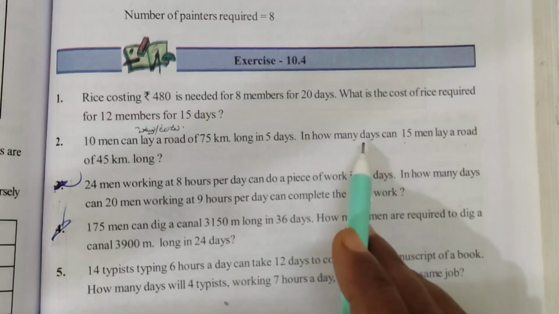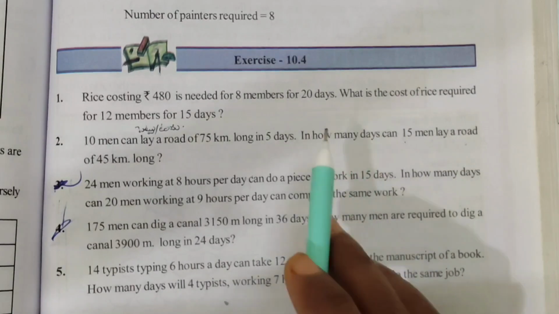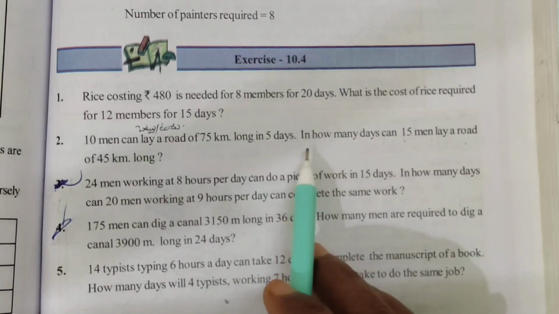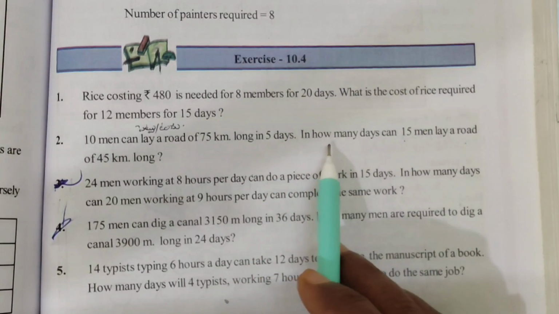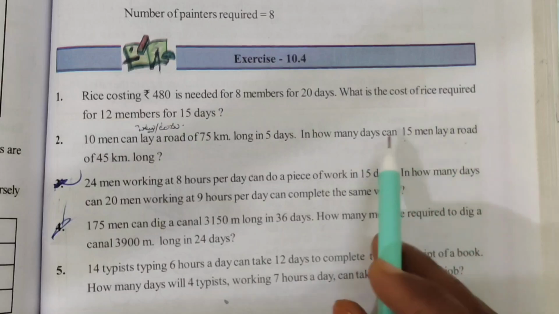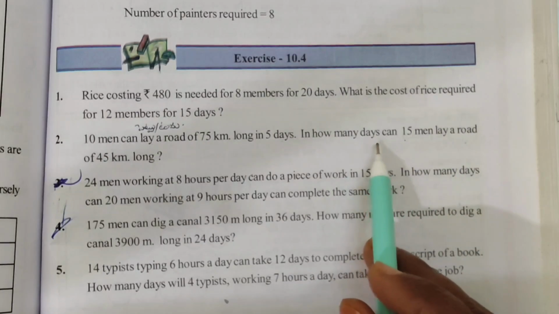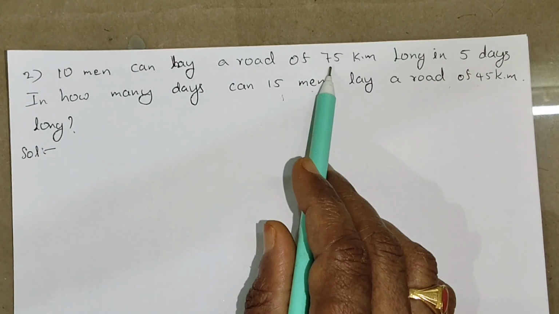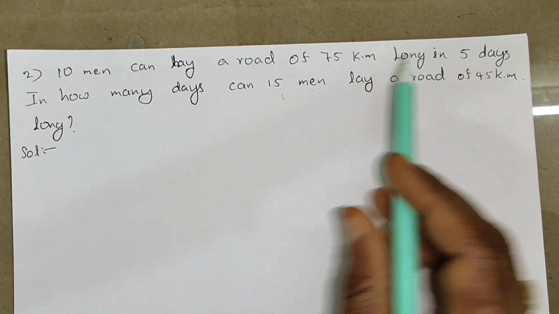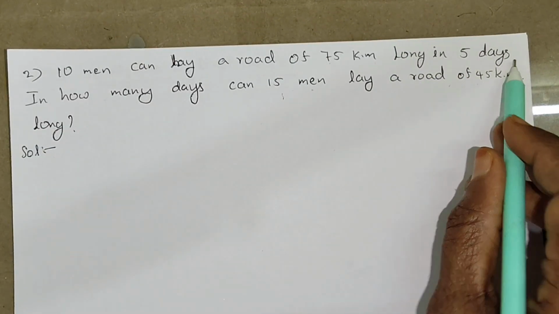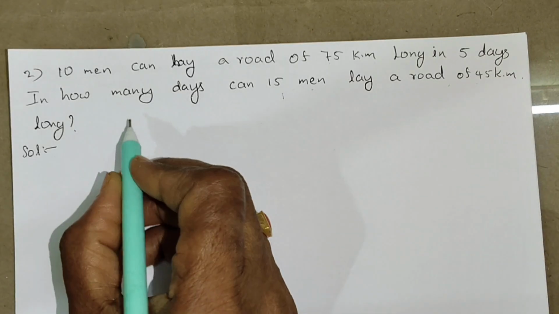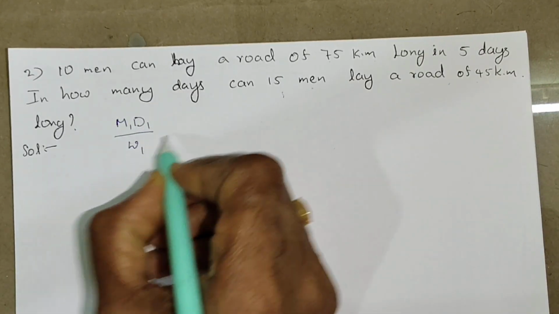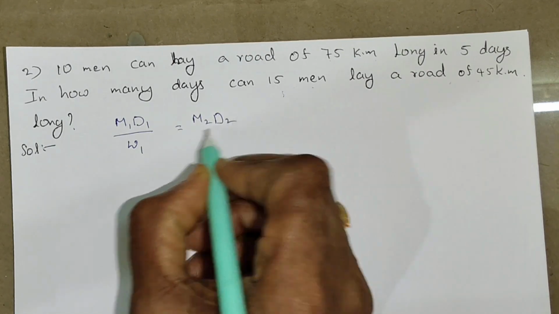We take how many days? Here 3 quantities are there, so this is the compound ratio. So we find the required days to lay the road. Men working 75 kilometers long in 5 days. So here 3 quantities. So we write the ratio: M1 D1 by W1 is equal to M2 D2 by